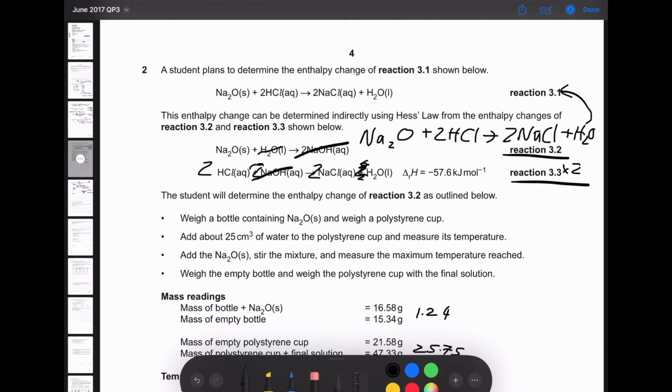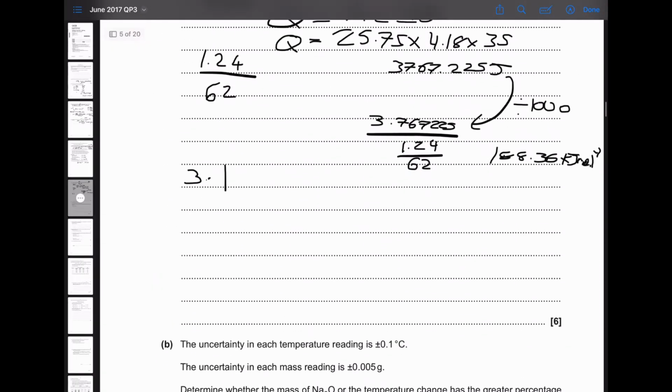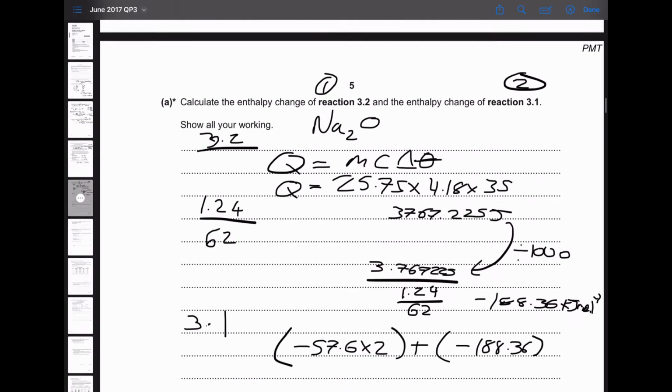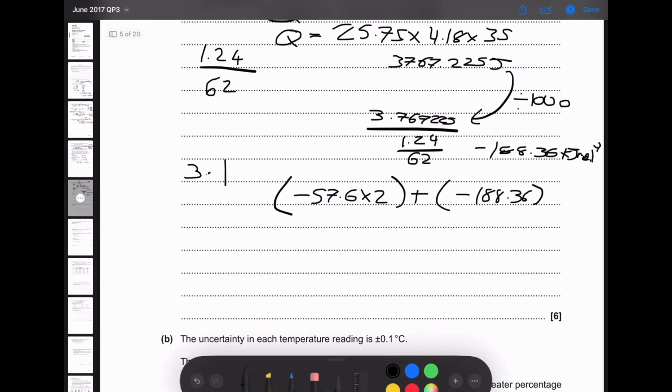So all we have to do is add up the enthalpies for these two reactions. So remember, minus 57.6, so minus 57.6 times 2, plus minus 188.36. That should be minus, sorry. It's exothermic, it's giving off energy because it raises the temperature, so it needs a minus in front of it. I should have made that clear when I did it, I'm very sorry. Gives us our enthalpy,